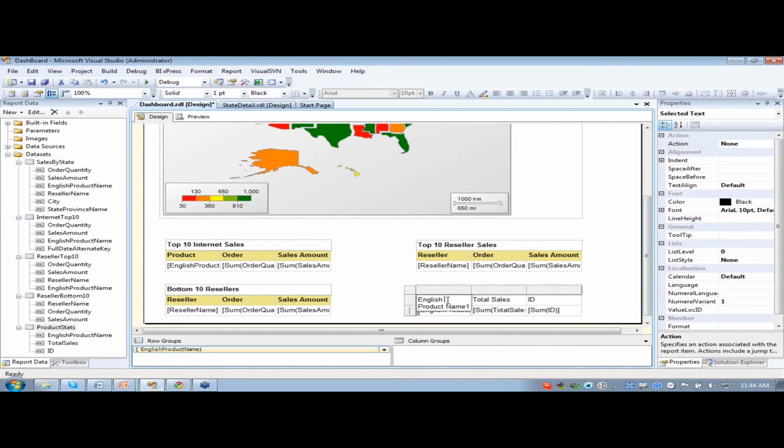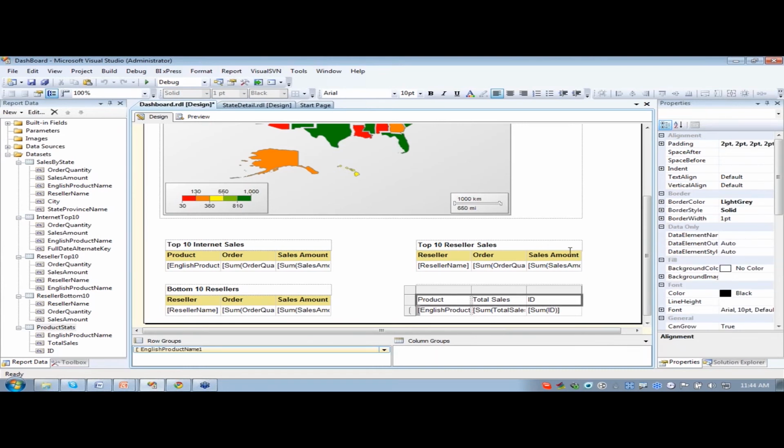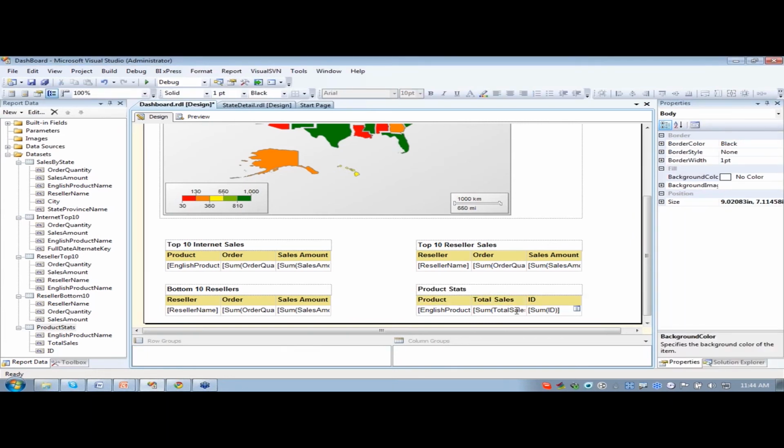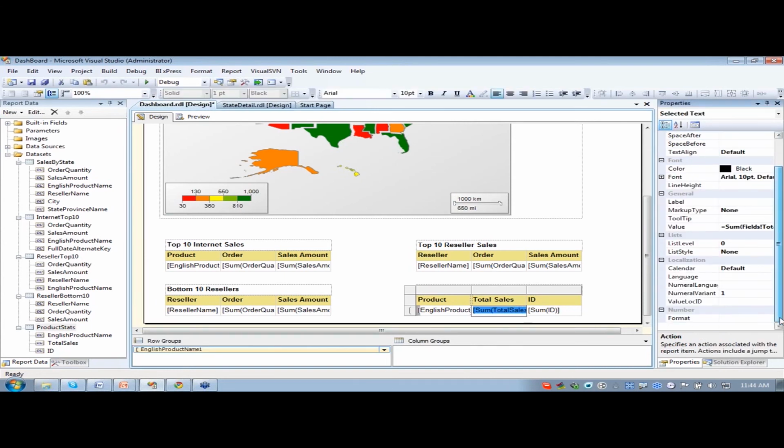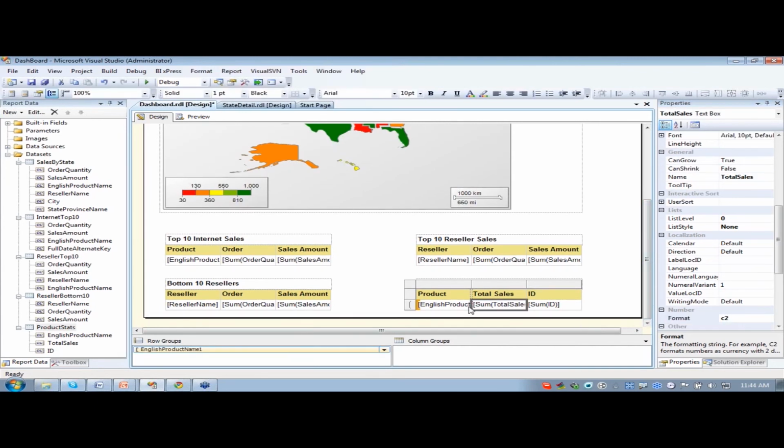All right, so now we need to go through here, and let me just clean this up a bit. We'll just call it product instead of English product name 1. Total sales is fine, and ID is fine. Bold all of these, and as for the background color, make it uniform to everything else. We'll also format our total sales. All right, so if we were to preview this